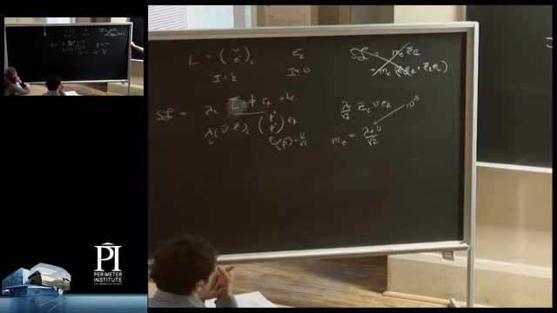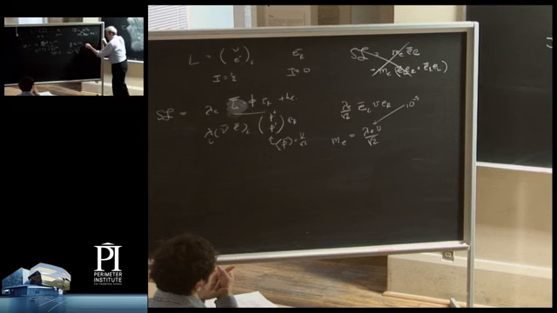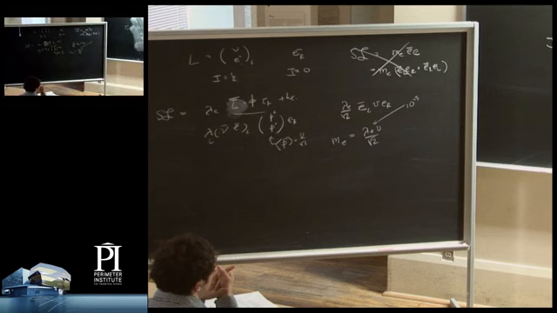I haven't really explained the mass of the electron, but at least I've converted the mass from a dimensionful number into some dimensionless coupling constant. Oddly, the value of this coupling constant, I told you v is roughly 250 GeV, is 10 to the minus 5. So I still have to explain why that number is so small. But with a formula like this, I can generate the mass of the electron by spontaneous symmetry breaking.